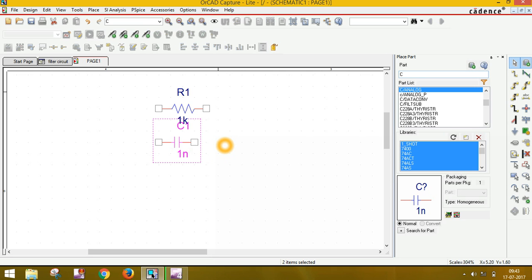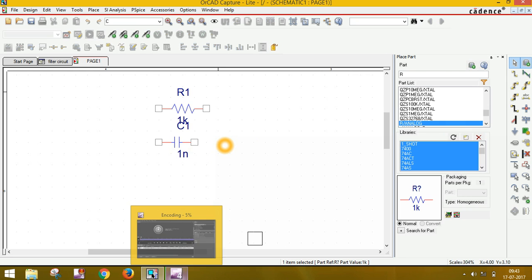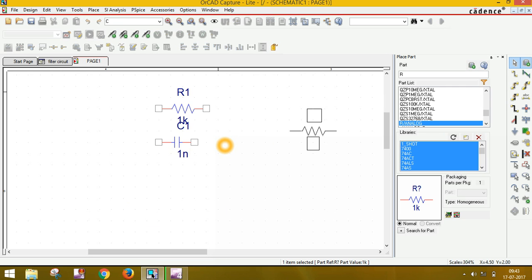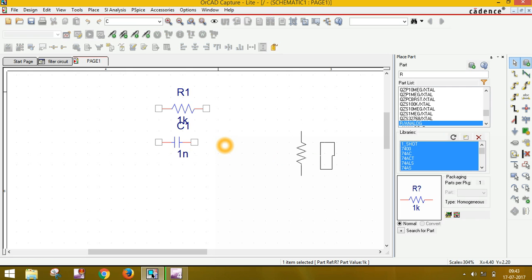And now another resistance. I rotate it according to our circuit. Rotate that, and yes, you can see, place here.